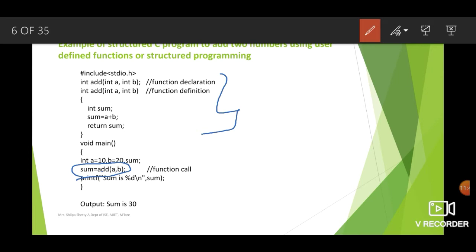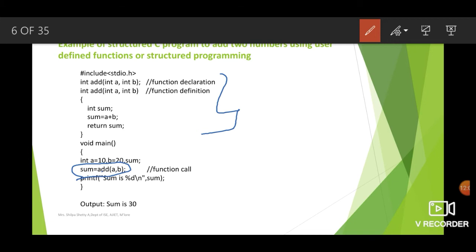How do we know it is defined by us? Because add is not a built-in function, so obviously it has to be defined by the user. So there is a function called add to which two parameters a and b are passed. That means in order for the add function to execute, it requires some data. That data has to be passed inside parentheses.